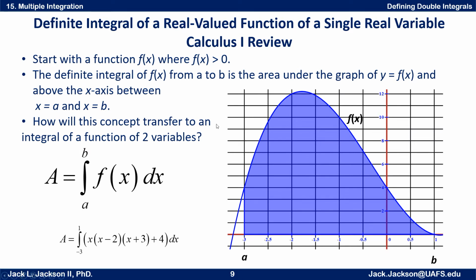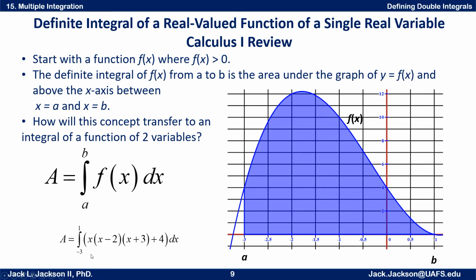Let's start with a function, let's say f of x, and for right now let's do one where the y values are all positive. So we've got this function f of x here, and we're going to graph it from some a to b. In this case, the function is x times (x minus 2) times (x plus 3), and then add 4. And you get this polynomial function here, and then we're going to look at the integral between -3